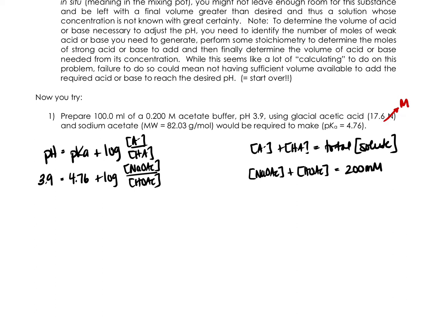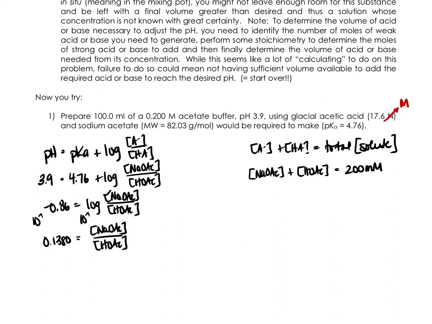So going through and solving for our ratio here, we're going to have negative 0.86 equals the log of our sodium acetate over acetic acid. Again, 10 to the negative 0.86 is how we're going to get rid of the log. So 10 to the negative 0.86, 0.1380, is the ratio between sodium acetate